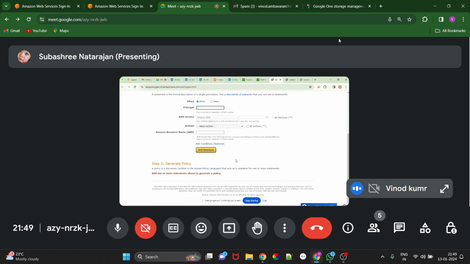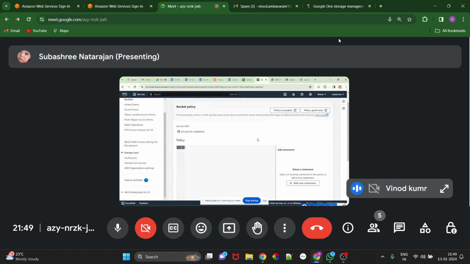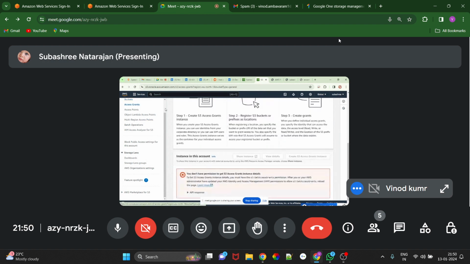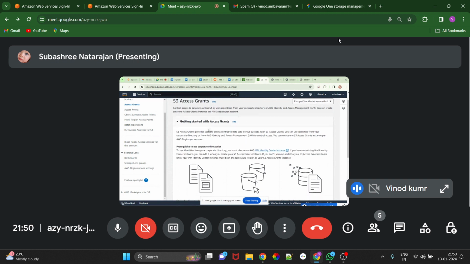Yes, Amazon actions. Okay, not this one. Can you scroll back? Policy examples, policy. Wait, why is it not showing access points? Click on access grants on your left side. Okay, IAM to control.